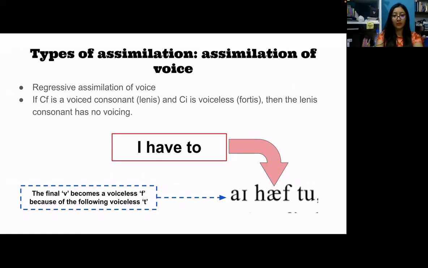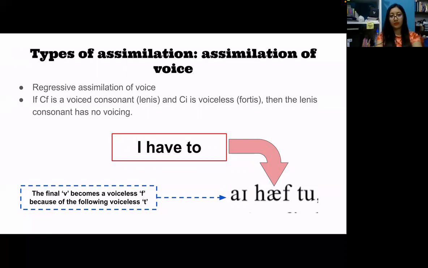Finally, we have assimilation of voice, which I would say is my favorite. Here it has a tendency for regressive assimilation. And one thing to know is that if the final consonant is a voiced consonant or a lenis, and the next one is voiceless, so if the first one is voiced and the second one is voiceless, then the first one